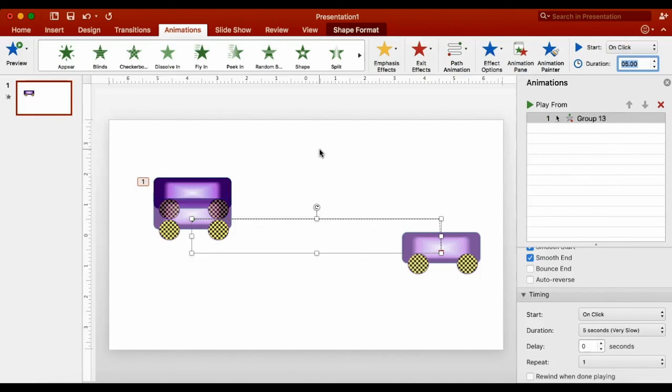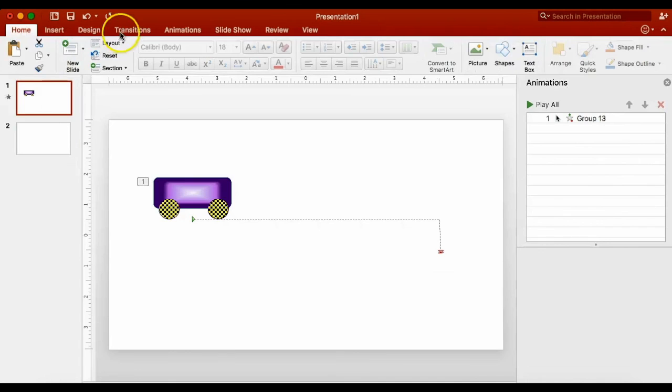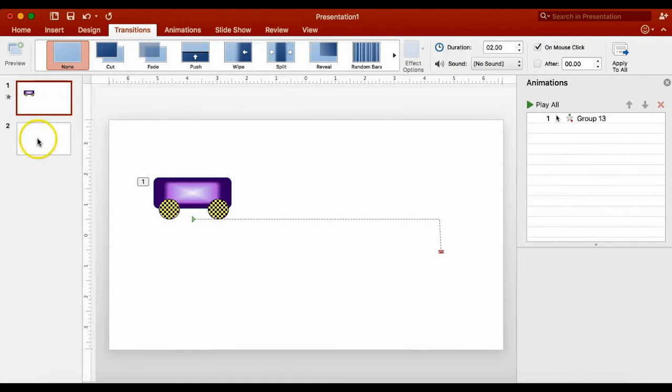Now, I also said in the video that I wanted you to work on transitions from slide to slide. Okay? To do that, let's build another slide. All right. Now let's talk about the transition from this slide to that slide. All right. These are all the different transitions you can do, but do you see this where it says on mouse click? If you take that off